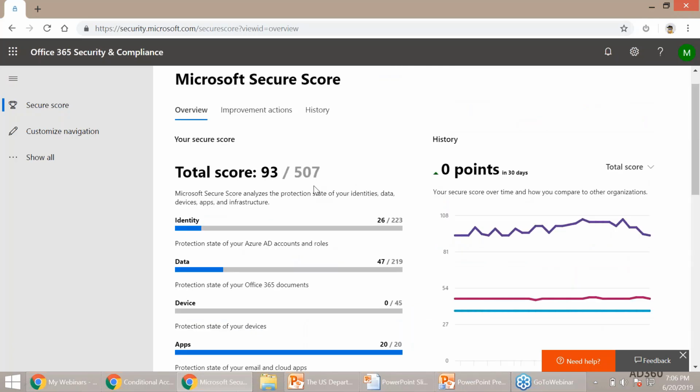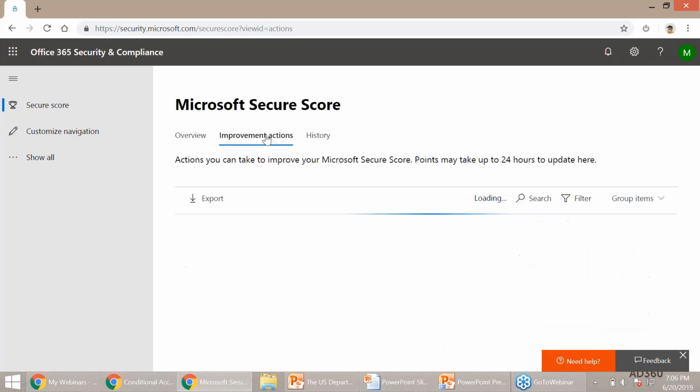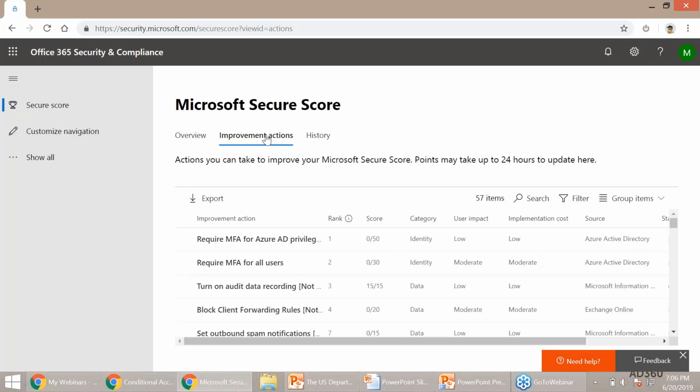So when I want to understand how I can improve, it gives me access to improvement actions as well. These are essentially the list of things that I will need to do to enhance my Secure Score, and it is going to reflect in less than 24 hours. It starts off with something as simple as turning on multi-factor authentication. That was the first point that we discussed today, didn't we? So turn multi-factor authentication on, and that's going to give you a score of 50, an instant boost to your